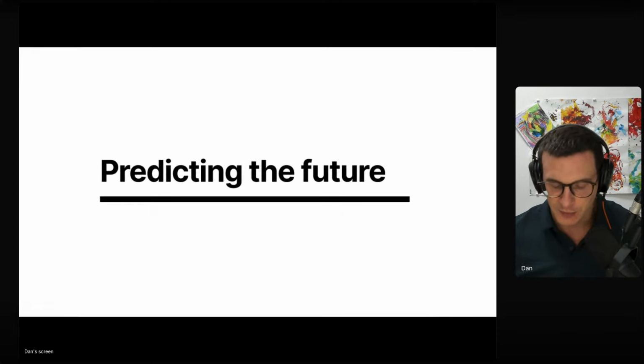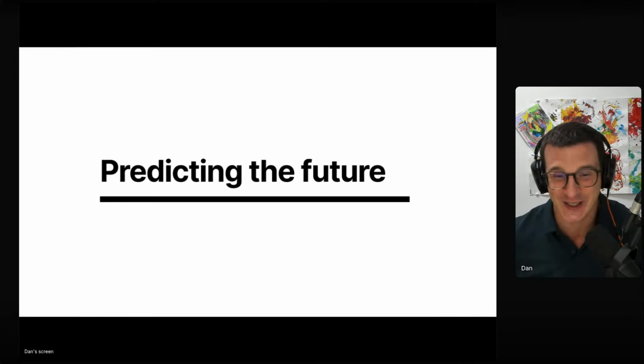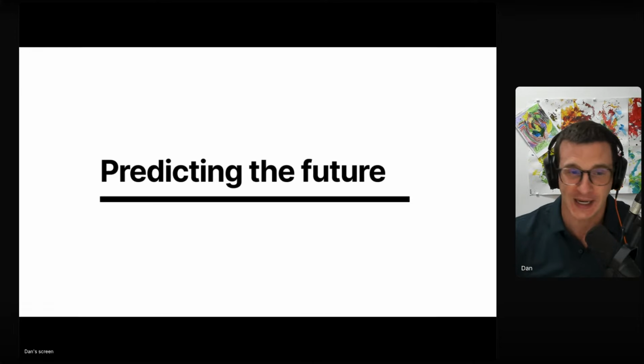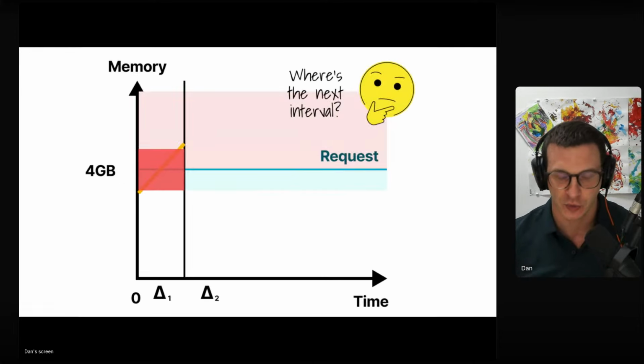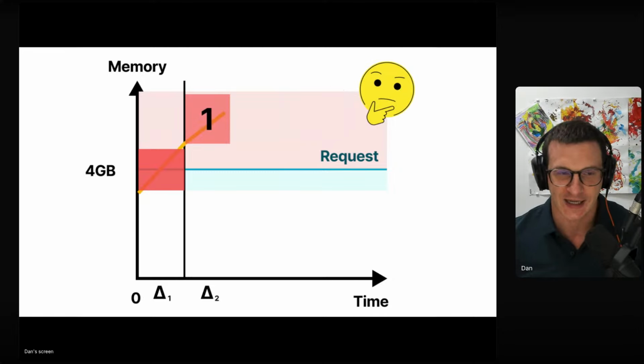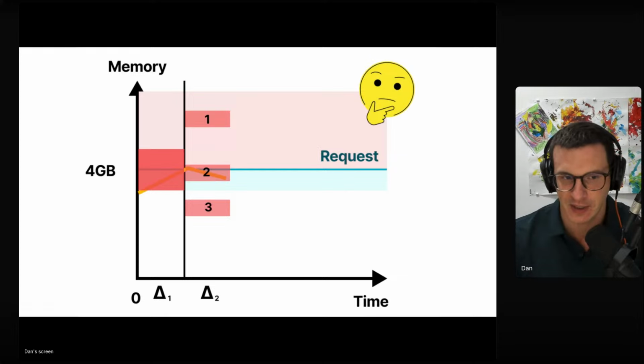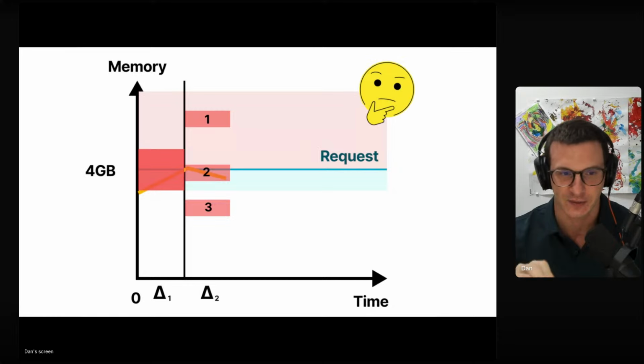Now, I'm doing this, but I'm basically cheating a bit, because I already know what the min and max are. I'm just looking back in the past. But what I need to do now is take the next step: I've got this max request and min request in this period, but I need to guess what is going to be the next period. Is it going to be high, mid, or low? And is it going to be a large interval or a small interval? If I can guess this correctly, then I can set very precise values for requests and limits.